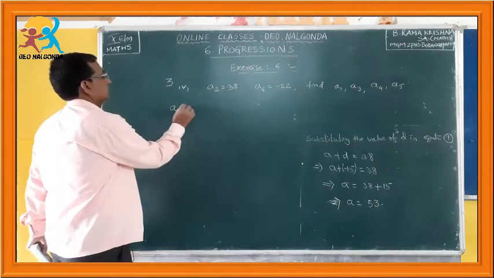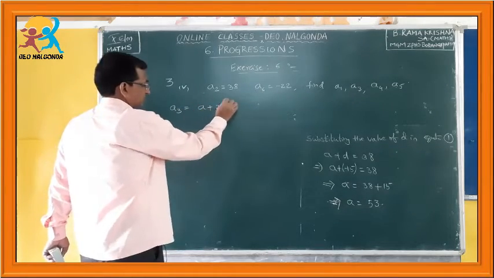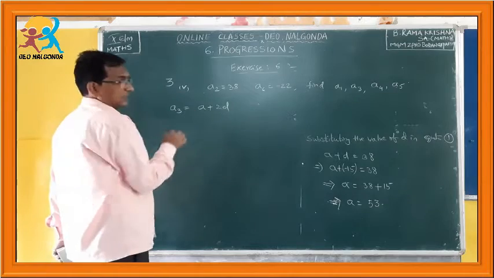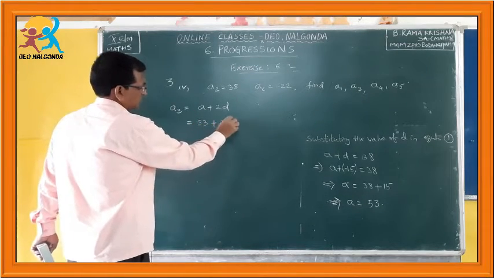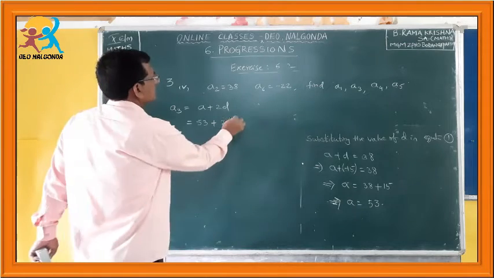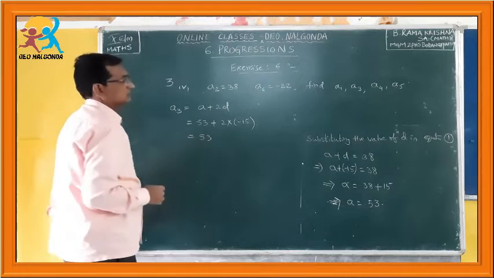Now, you can directly write this. What is A3? A3 is equal to A plus 2D. You should be able to write directly like this. What is A? A is 53 plus 2 into, what is D? D is minus 15. Therefore, 53